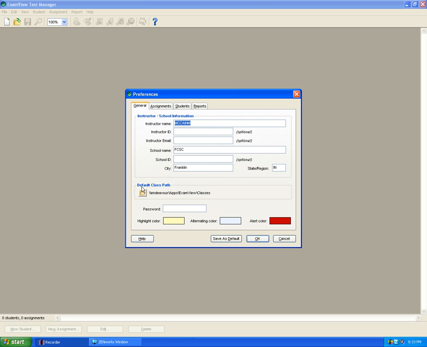We will need to set the default class path. This is where your classes will be saved. We want the default class path to go back to your H drive, to the ExamView folder that you created. To do this, click the folder icon,